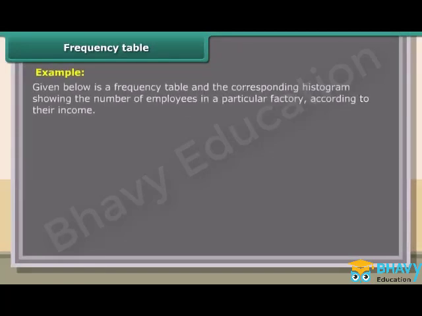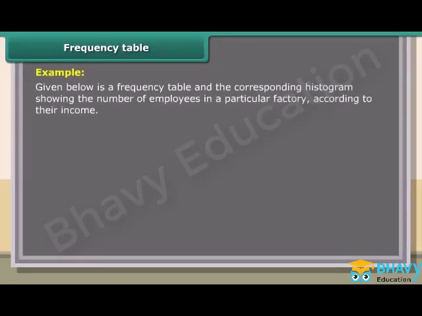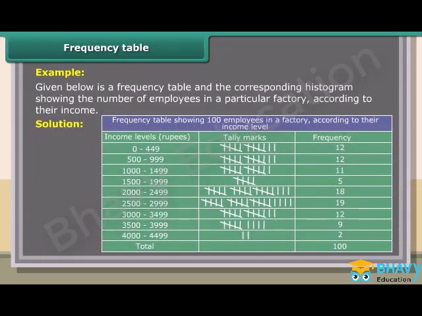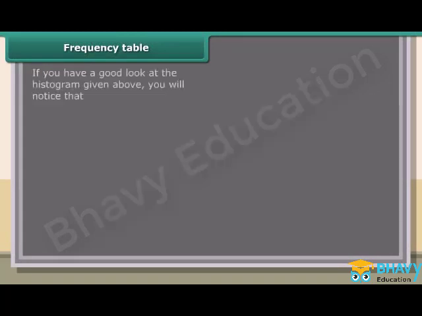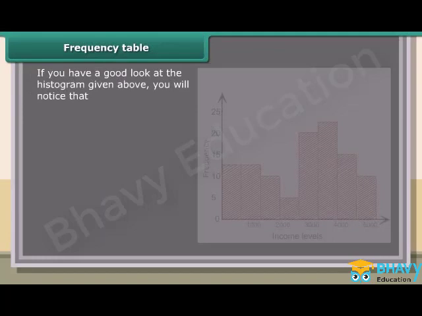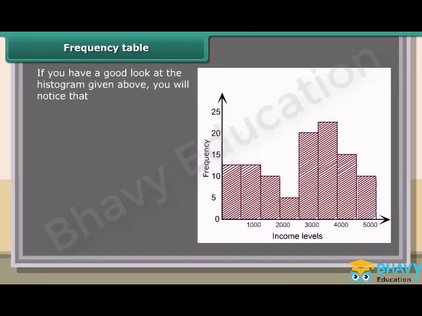Example. Given below is a frequency table and the corresponding histogram showing the number of employees in a particular factory according to their income. Solution. Frequency table showing 100 employees in a factory according to their income level. If you have a good look at the histogram given above, you will notice that: